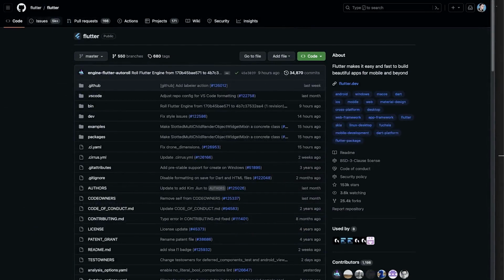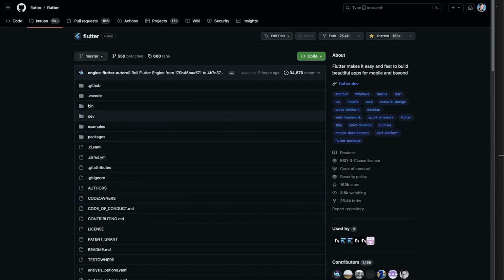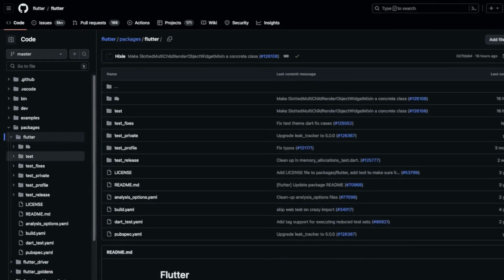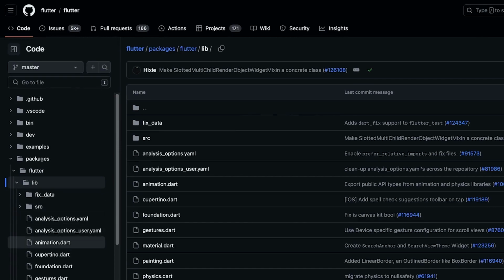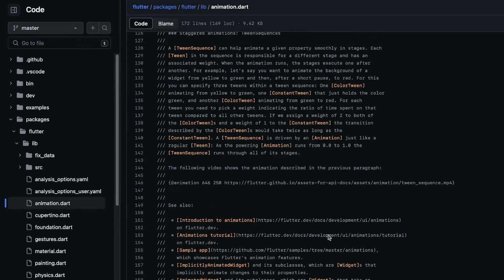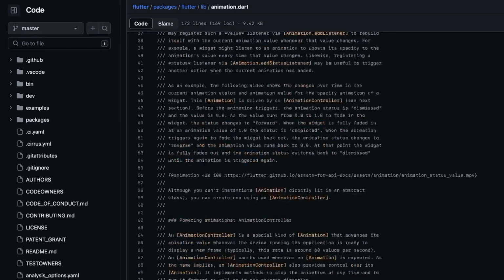Now, being an open source project means if you're having an issue with the framework, you can definitely log this issue. And you can even work on the framework itself, maybe even fix the issue by yourself if you know how to do it. It means you can actually go into all the Flutter code. You can go to the library and you can see, for example, the code that's written for animations. And you can actually find out exactly how it works and make changes for it to work better for you. Now, that's a lot easier said than done. This is a lot of code and it's complicated, but it's nice that it's public and anybody in the world can be working on this and making it better.